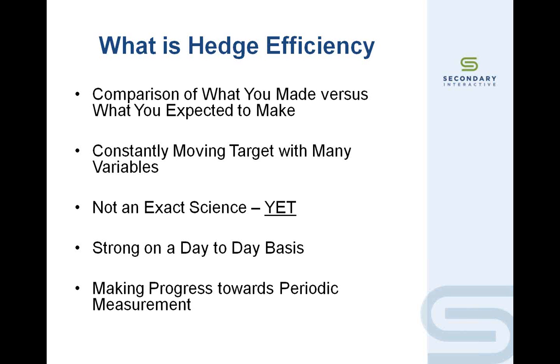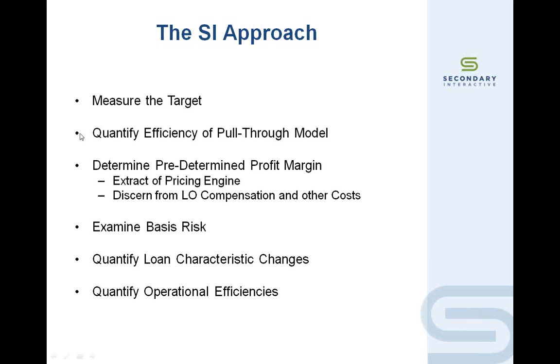What we've done so far, and what I'm going to kind of highlight on this presentation, is that we give a very accurate day-to-day mark-to-market variance. So I can tell you exactly how your mark changed from yesterday to today and what caused either the value of the loans to change or the value of the trades to change, and report very accurately on that. The next step in that is to take that to a periodic level so that we can look over periods of time where your hedge inefficiency was or over the life of a loan. So our approach, as I said, was we start with the target.